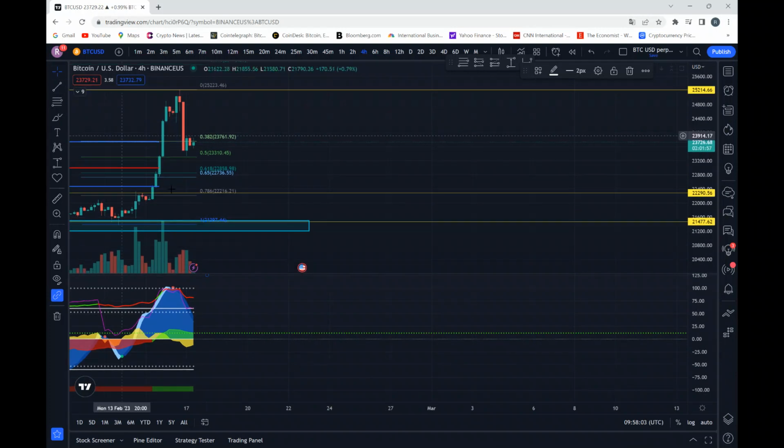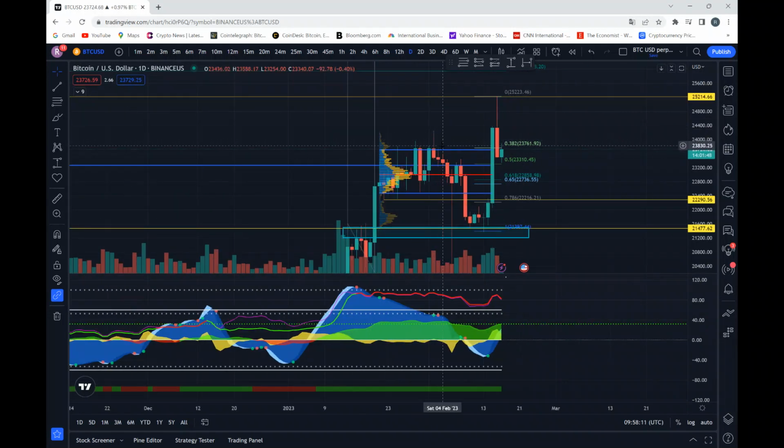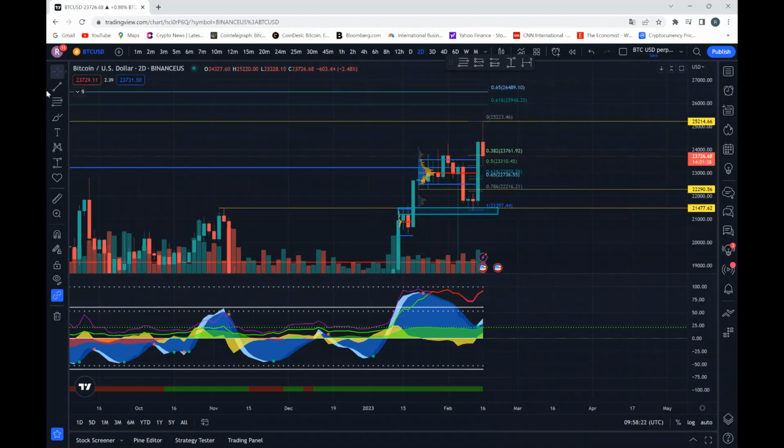This is maybe just a bit of a correction that we needed on the quote-unquote smaller time frames, so the hourly, the 4 hourly, so that we can keep marching higher, because on the really bigger time frames like the daily, it still looks super good. As you can see, the momentum wave, the money flow, the RSIs, also on the 2-day, this just looks strong, and actually I think there is much more room to go to the upside. If we do so,